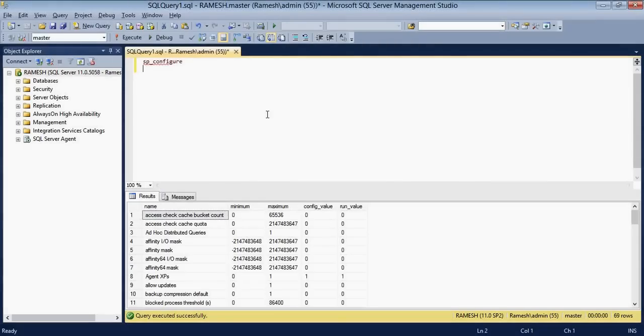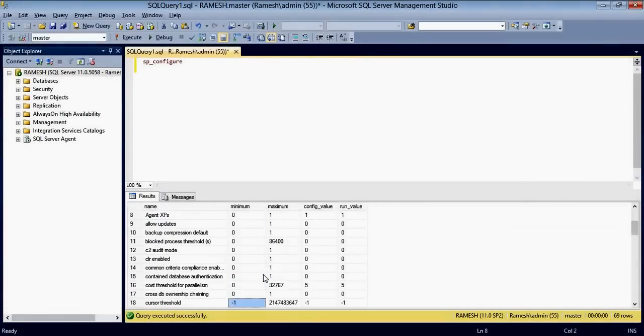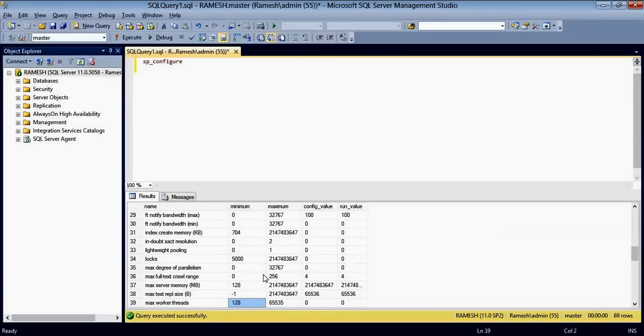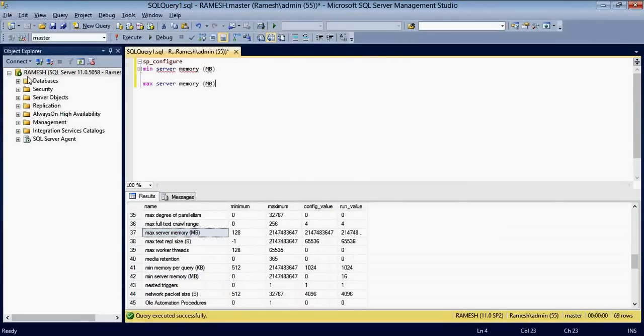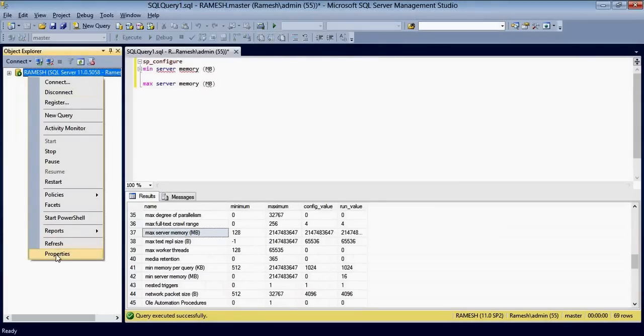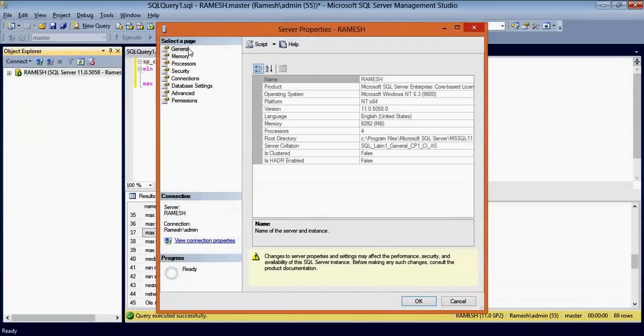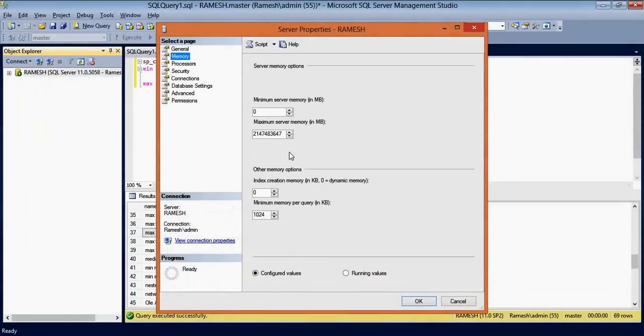There you can see two options, minimum memory and max memory, minimum server memory settings and max server memory in MB, or you can right click, go to properties, go to memory, and here you can set the memory.